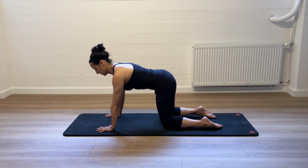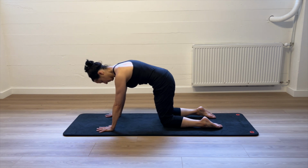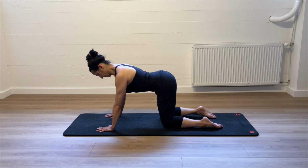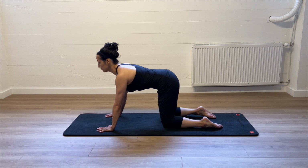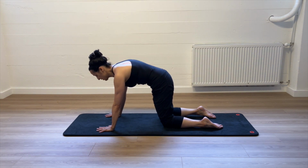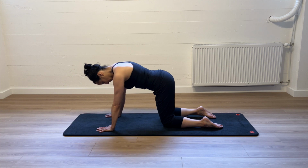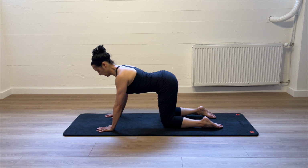Now we're going to take it to the cat-cow. So work on the lower back curling under, adding in the upper back, and then articulate through the lower back, the middle back, the upper back, the neck, and the head. See if you can roll a little bit at a time from the lower back, middle back, folding the ribs in, lengthening the back of the neck, and articulating from the lower half, the waist, the ribs, the upper back,